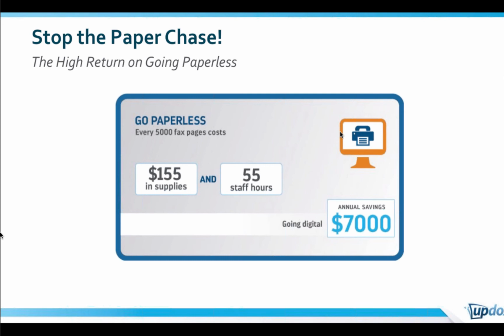But what they don't think about is the cost associated with the paper process that they might be using to fax a lot. If you consider $80 for a toner cartridge, $20 to $30 each month for your fax line, $50 for a case of paper, and then the hours that it takes for your staff to manage those faxes in a paper-based world, it really is a cost-intensive process in addition to a painful process from a workflow perspective